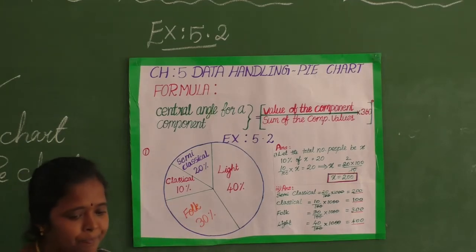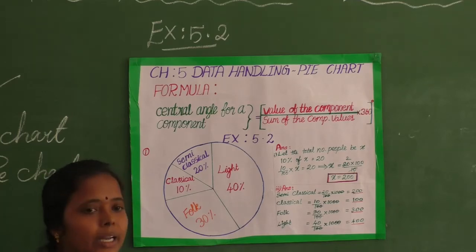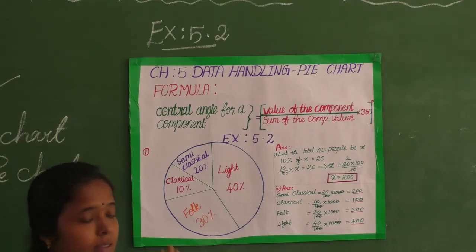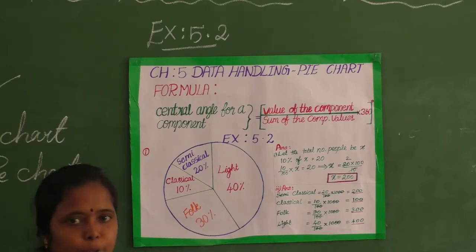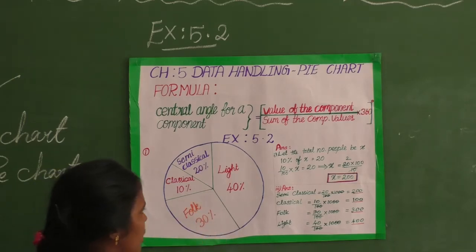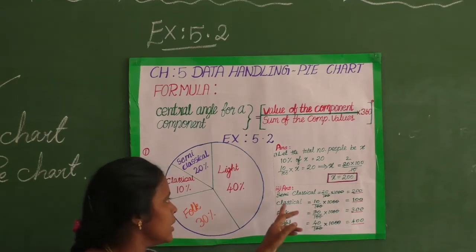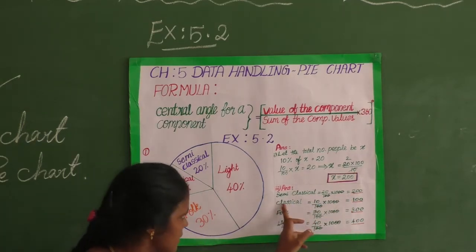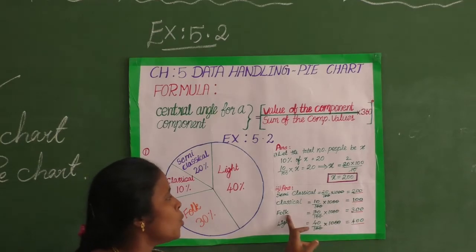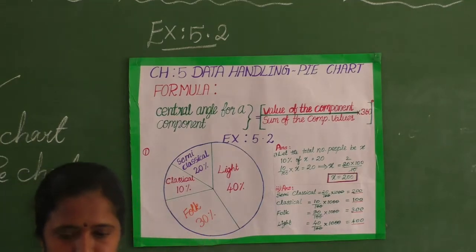Again I am telling, the company is to produce 1000 CDs. That means in each category, how many are to be produced? This is the question. In our figure, they have given the percentage for each type of music. So what we have to do here is convert the percentage into a number. On that basis, semi-classical wise 200, classical wise 100, folk wise 300, light music 400, the company is to produce. Understood?